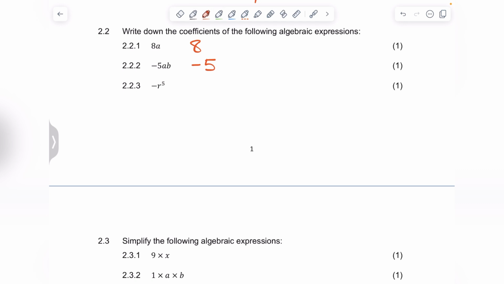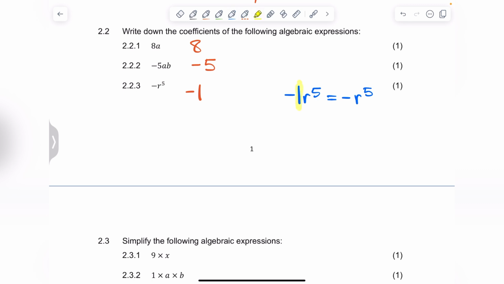So in 2.2.3, my coefficient is -1, because there's a 1 standing in front of the r, and algebraic language convention tells us that we don't write the 1, although it's there. So we actually have here -1 r to the power 5, which is just -r to the power 5. But my coefficient